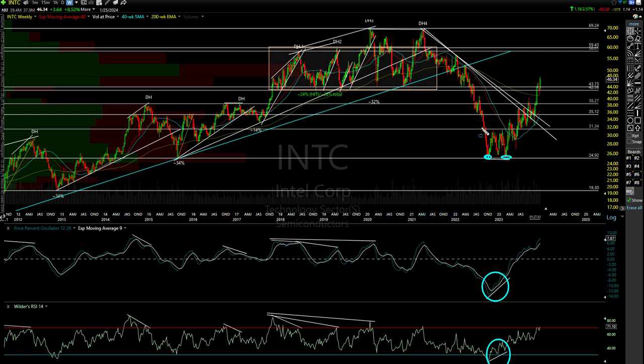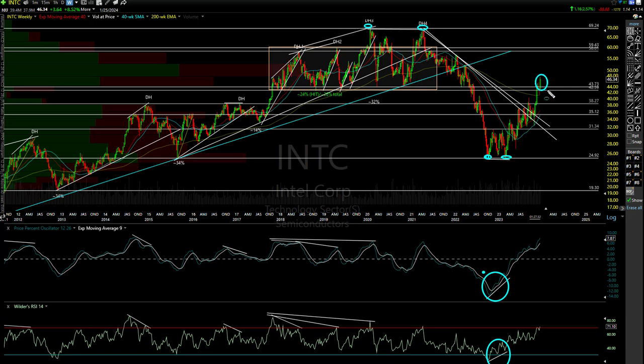The rest had different looking charts. This guy had already peaked. Intel used to be the big dog in the sector, had already peaked and had its own unique problems. They were behind the curve, no AI stuff for them. AMD was eating their lunch on chips. And so it was constructive. We had a big positive divergent low, and it's rallied.